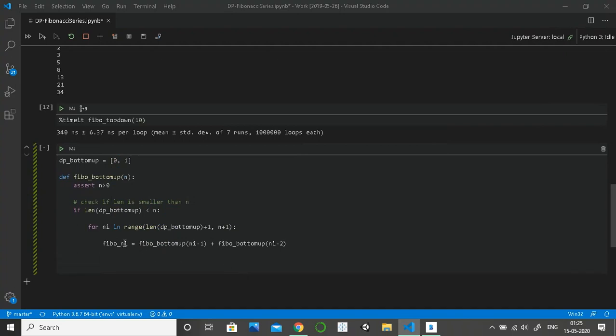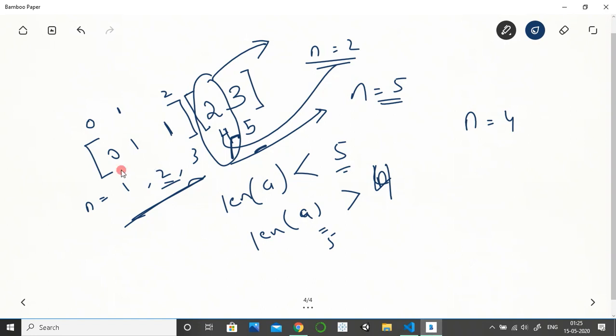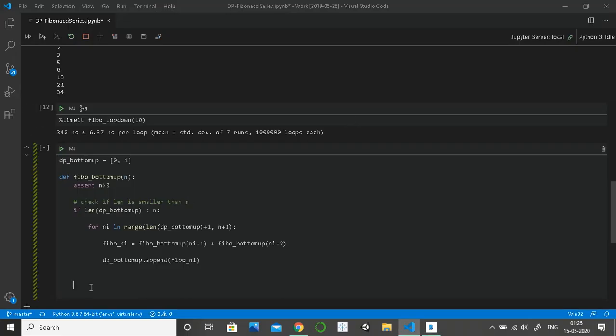We will not return it like we did above, but we will append it into this array. Once we have done that, like we saw here, we have appended all the elements up to 5. Okay, we will return the required values.